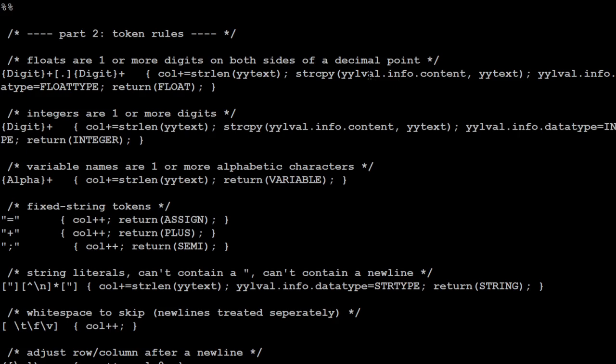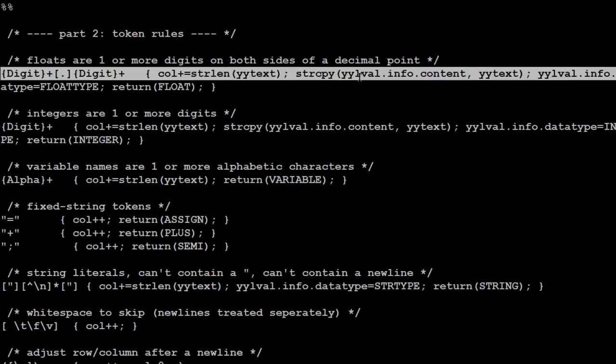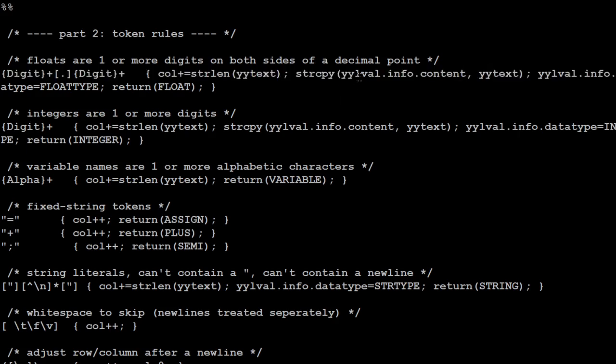And we've got these two variables associated with the current token when we're processing things through in Lex. We've got this yytext that's got a copy of the characters that are in the token. And then we've got this yylval, which is a storage location associated with that token that yacc is going to be using. So basically yacc is saying, grab the next token and fill this in for me and tell me information about it. So we're filling that in with, at this point, the content of that particular float and returning the float type. Or we're saying that here's the content of it, it's data type float, and we'll return the token type,